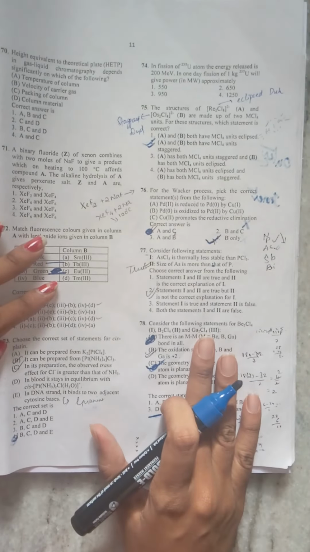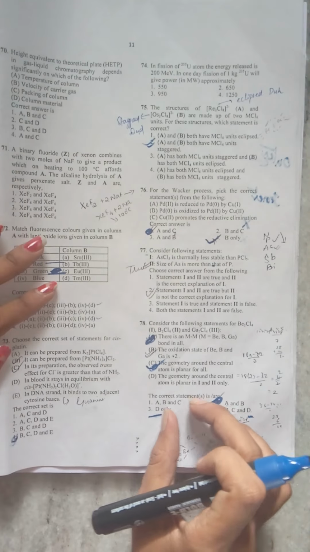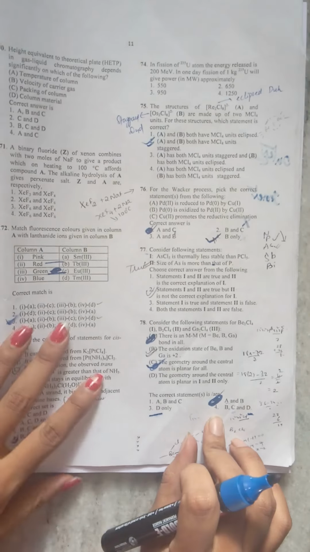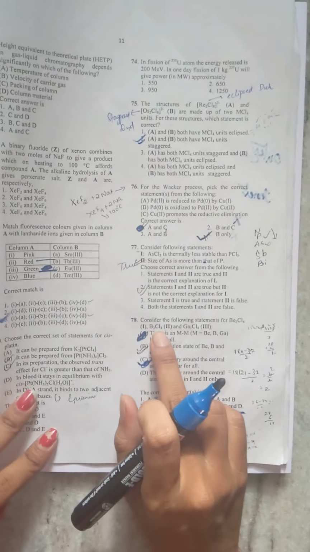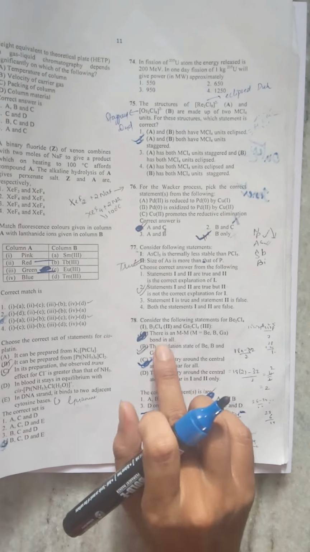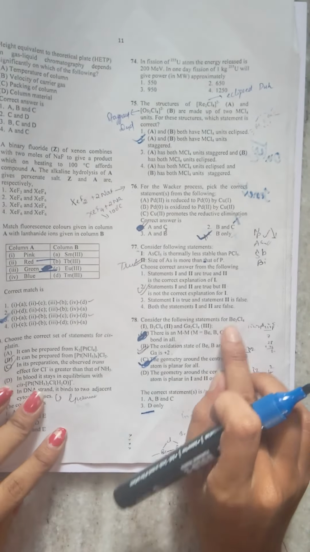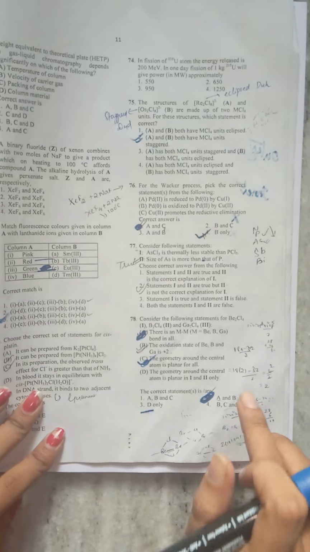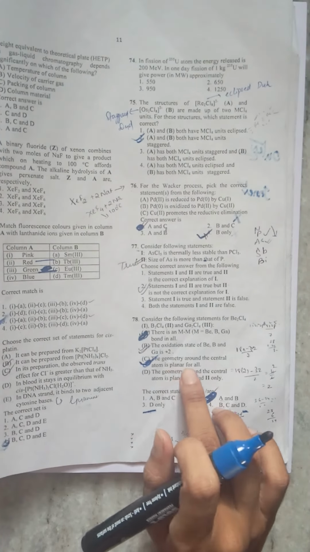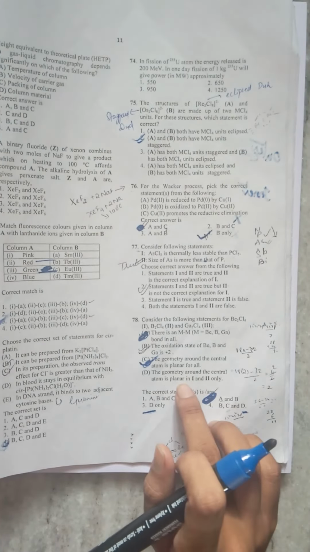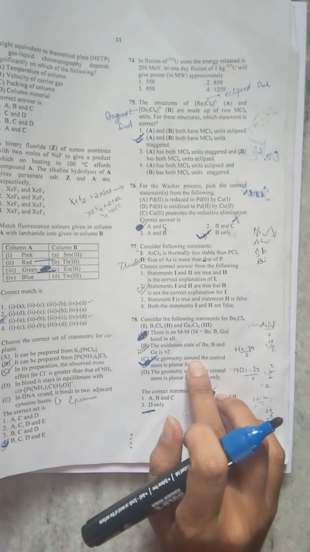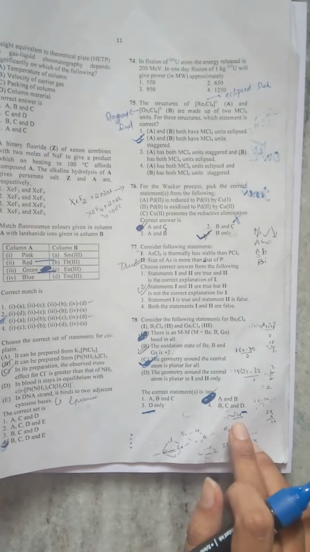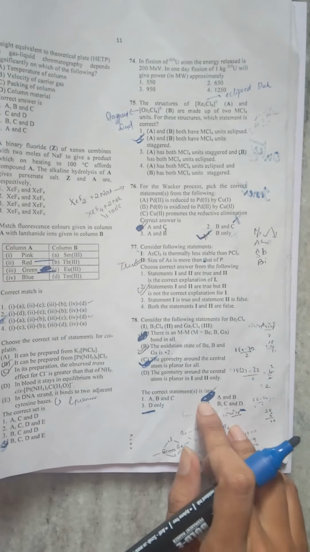And this question I explained in the morning, I am unable to find the right choice among all four. I feel that none of these options can be the right one, because in these three there is a metal bond in all, but in beryllium there is no metal bond. So A is not the right option, so 1 and 2 cannot be the right one. Among C and D, I have said that the geometry around the central atom is planar for all. The geometry around the central atom is planar in 1 and 2 only. Once it is planar for all, you cannot say that it is planar for 1 and 2 only. That is, C and D cannot be together, so even this cannot be the option.